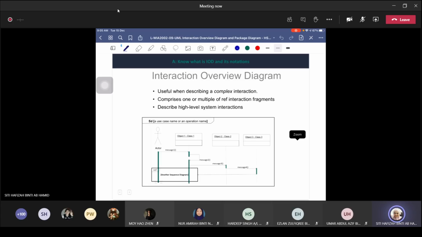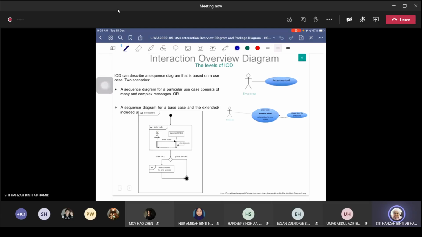Right, it comprises one or multiple reference interaction fragments. Okay, and usually we use it to describe high-level system interactions. But regardless, you can have it even for non-high-level system interaction. So interaction overview diagram, or IOD, can describe a sequence diagram that is based on the use case. We have two scenarios. First, a sequence diagram for a particular use case, which consists of many complex messages,